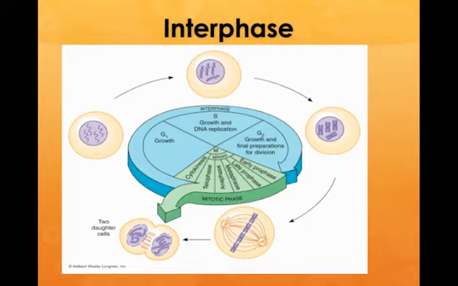Anyway, interphase occurs in G1, S, and G2. Most of the time is spent in the growth phase. You'll have certain cyclin CDK complexes that will be synthesized here to keep the cell in G1. And once those get degraded, the degradation sets the signal for more cyclin and CDK complexes to tell the cell